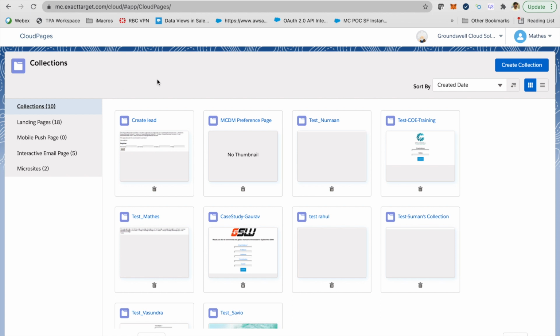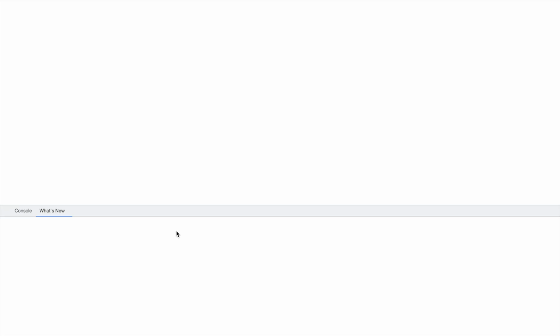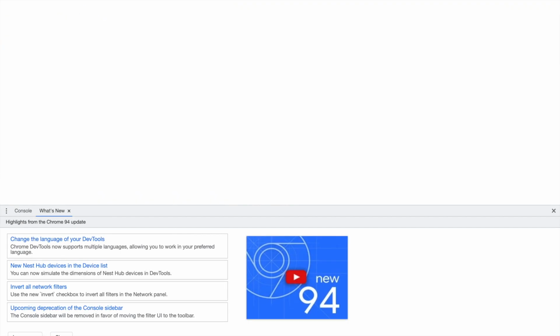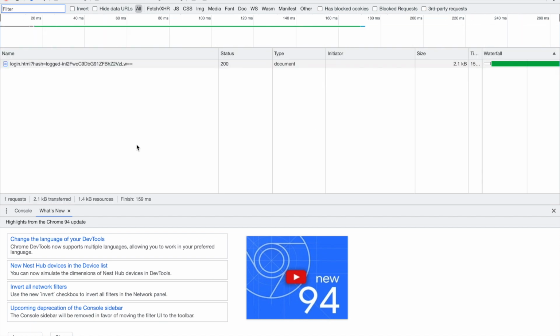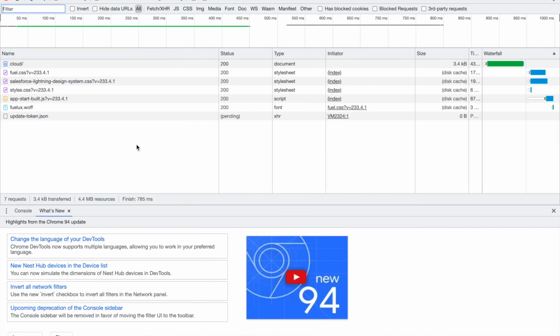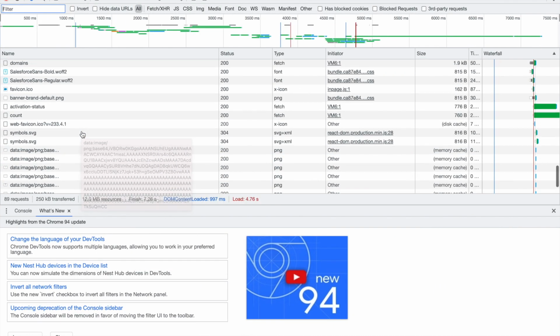So to do that, the first thing I did was I opened up the cloud pages, right-clicked, and then went to inspect. Now in the inspect network tab, it's a very interesting place to get internal API details. So what you do is do a refresh. Now this will basically reload the page, as you see. Now once the page is reloaded, look for